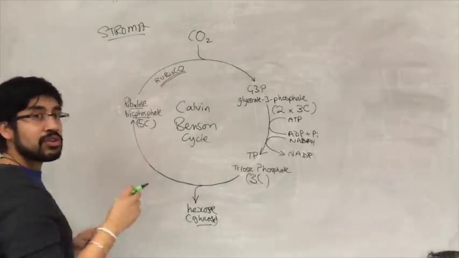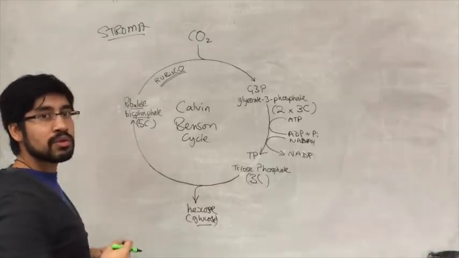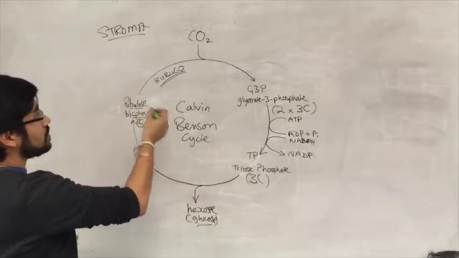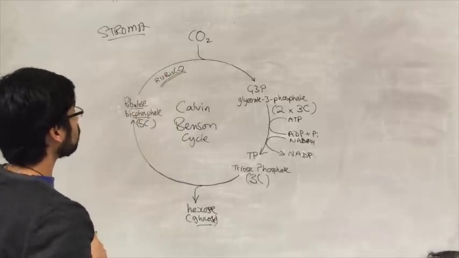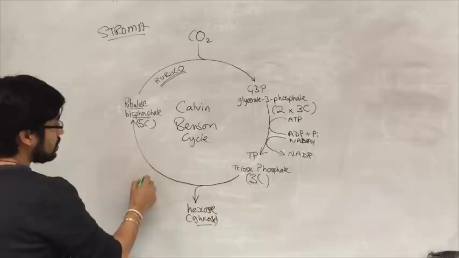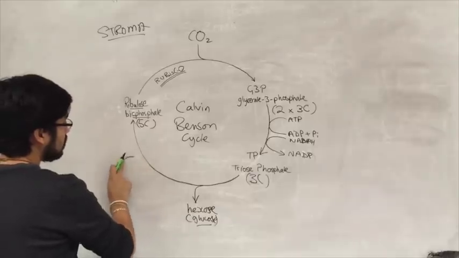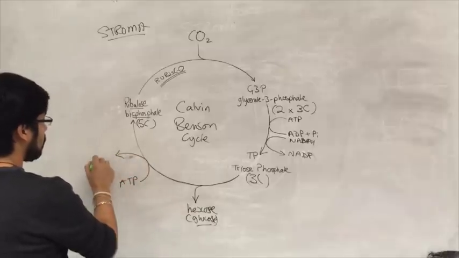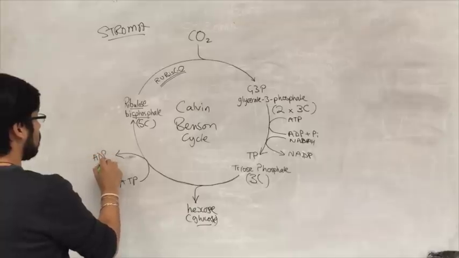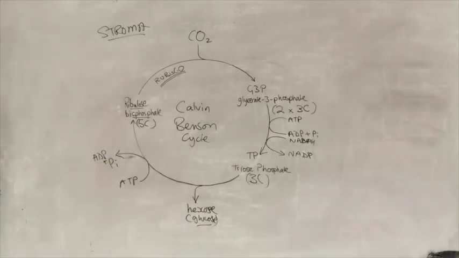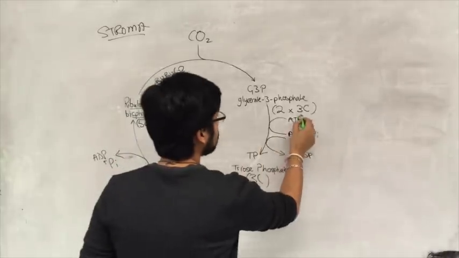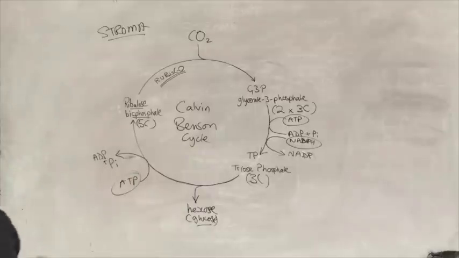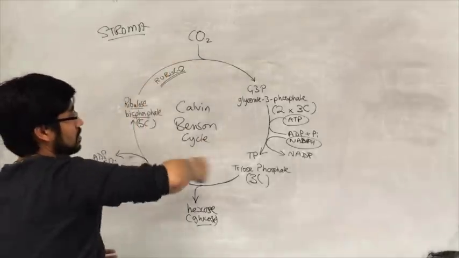Remember, enzymes are very specific about their substrates. If we run out of ribulose bisphosphate, it's not like the enzyme can just go and find something else. It's only complementary to ribulose bisphosphate and carbon dioxide. And I guess the other important thing is that even this step needs ATP. Alright, so there we have it. This stage would not happen without ATP, without NADPH. So we need this cycle to keep